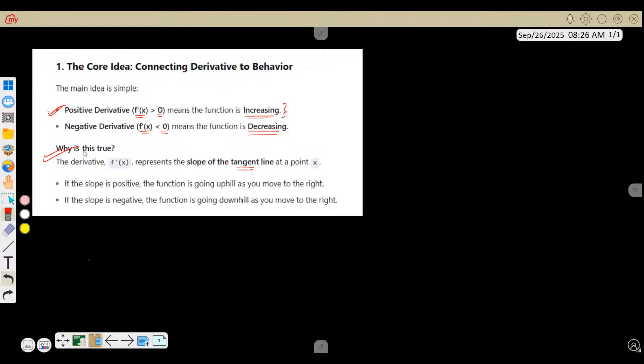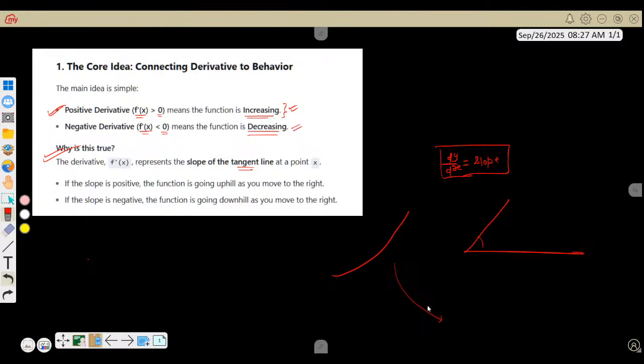So that's the reason. The derivative f dash x represents the slope of the function. We know that very well. dy by dx is equal to what? Slope. And what does slope actually represent? Inclination. So if your derivative is positive, then the function is increasing, going upward. But if your derivative is negative, then your function is going downward. So if f dash is greater than 0, the function is increasing, or if f dash x is less than 0, the function is